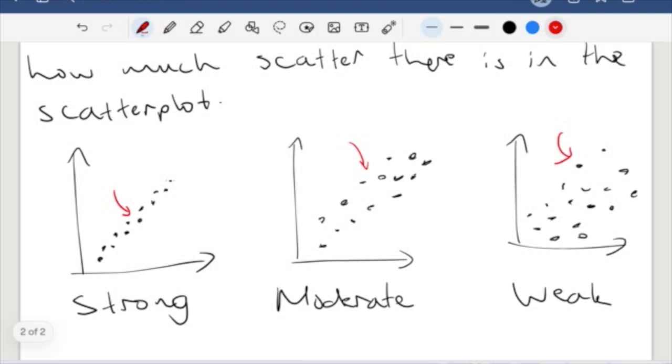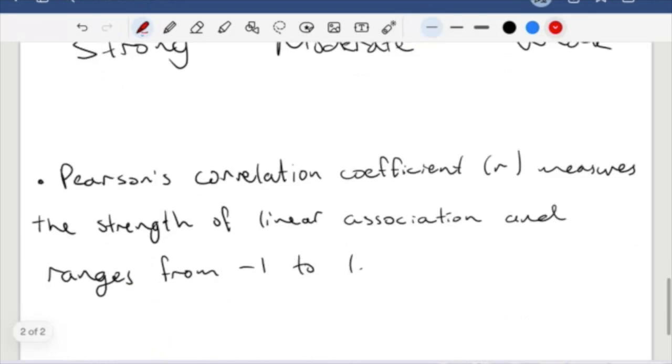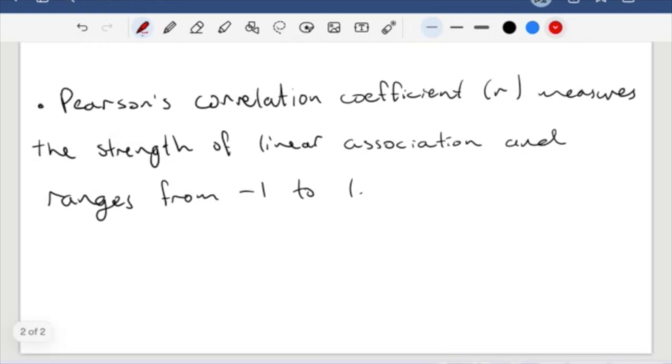What Pearson's correlation coefficient gives us is a mathematical way of coming up with a number based on our bivariate data to tell us how strong our data is. Now, if you look at this dot point down here, our Pearson's correlation coefficient, we often call this R, we give this the letter R, it measures the strength of linear association and ranges from -1 to 1. So this is a range of values from -1 to 1, in which -1 is going to be a strong